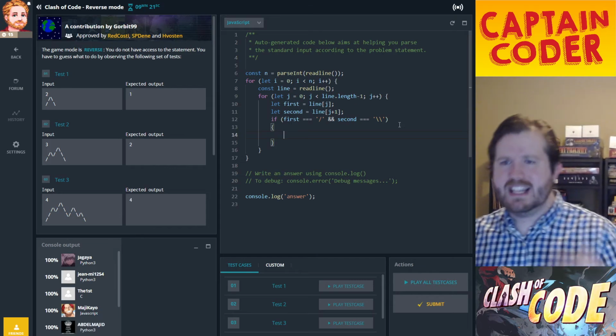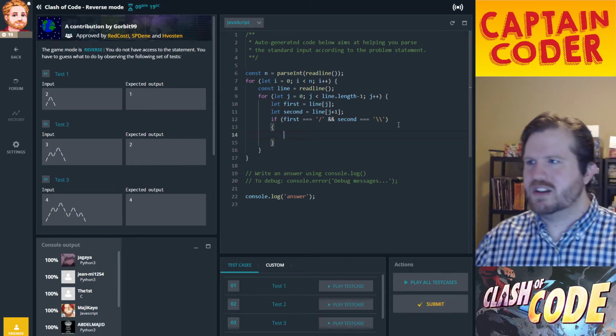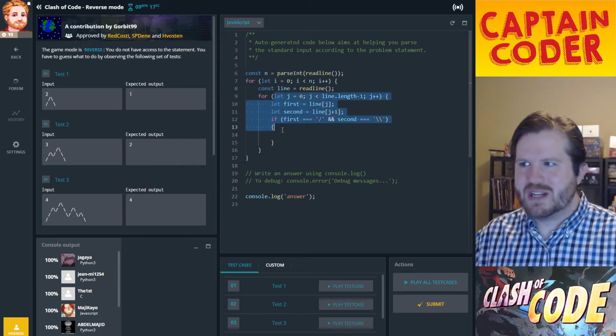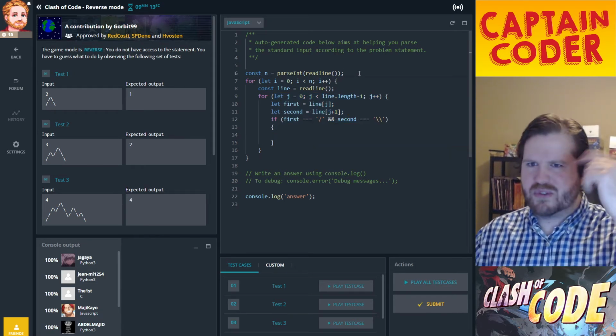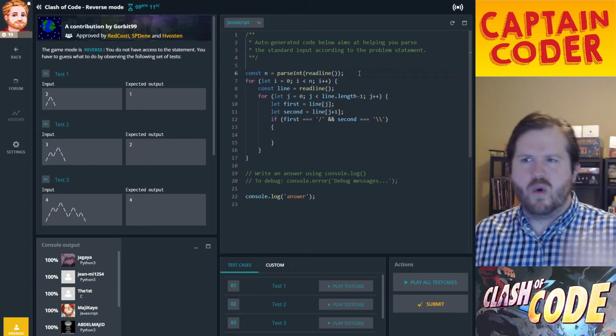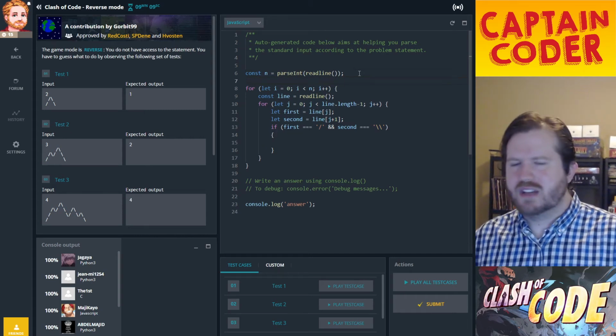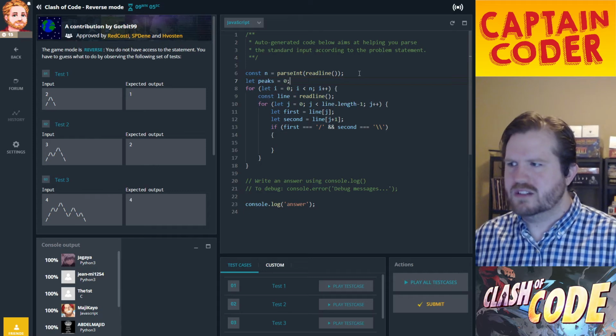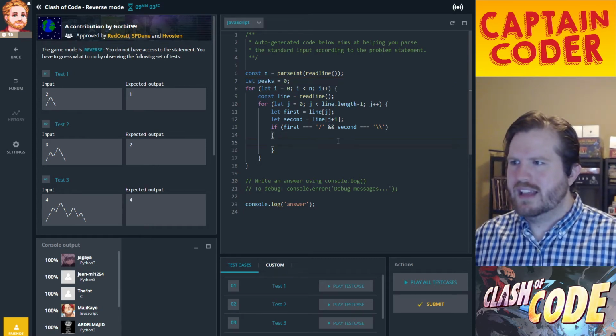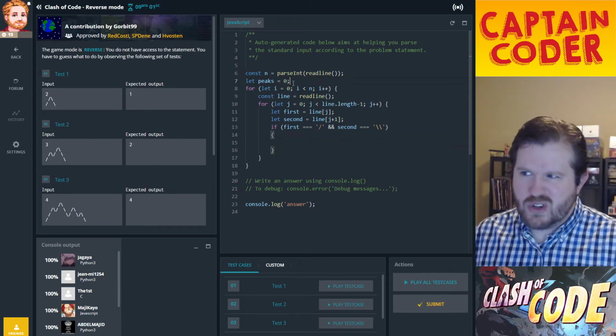If this is the case, I need to increment a number. So this is what I call an aggregate function. We're aggregating a value, we're looping through, looking at everything, and we're increasing or building up some result. So I'm gonna do let peaks equals 0, and then here in my code, so notice I had to put it all the way out